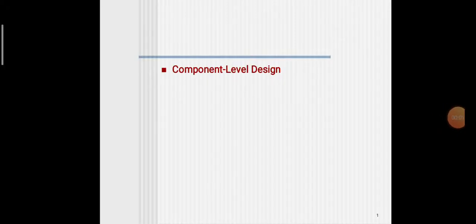Hello everyone. Today we are going to see the component level design. So far we have seen the architectural designs, the design principles, user interface design. Now in this lecture we will see how component level design works, how we have to conform a component level design. So here the basic idea is that every object, so far what we consider, we group them into different components.